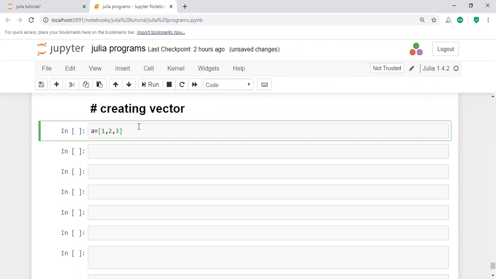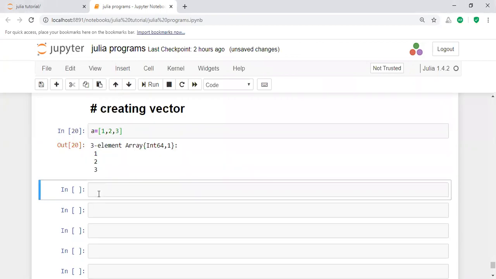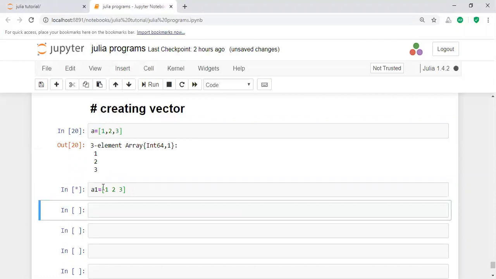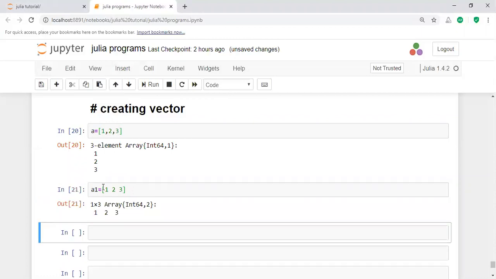This is called single array representation. I want to create a vector here. For example, a1 in square brackets, 1 space 2 space 3. Here it will display the output in vector format, that means it displays only one row. If you want the result as one column, that means it is represented in an array.